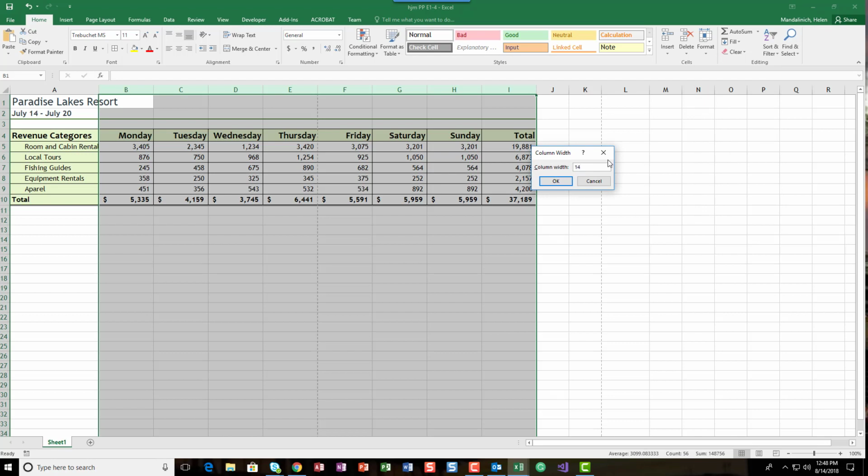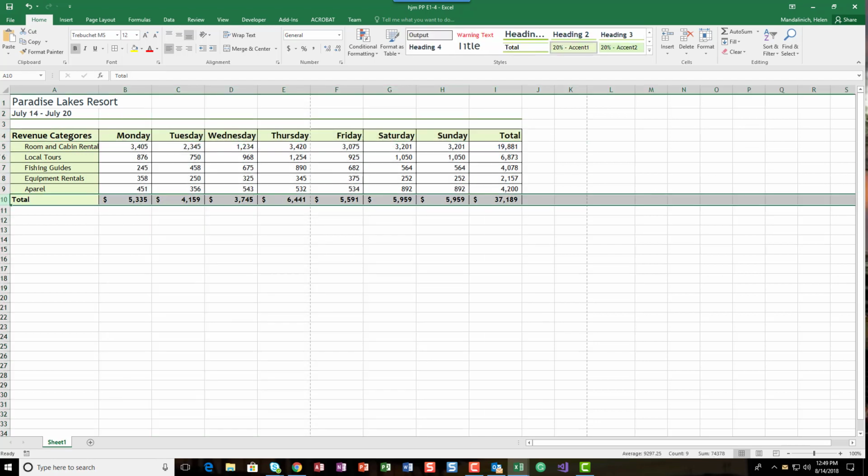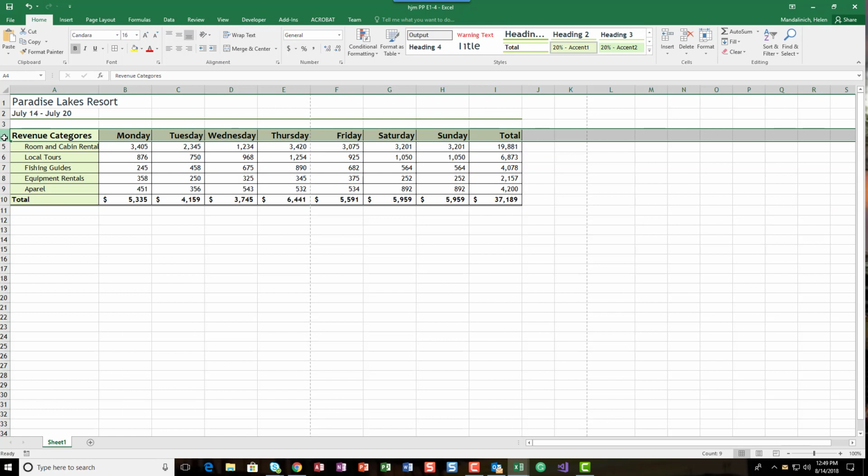So I was pretty close when I dragged it. We're going to put a 14. All of those are the same size then. And Wednesday fits. I probably would have done a little bit more to give a little more buffer, but that's okay. So now what we want to do is make row 4 and row 10 a little bit deeper,